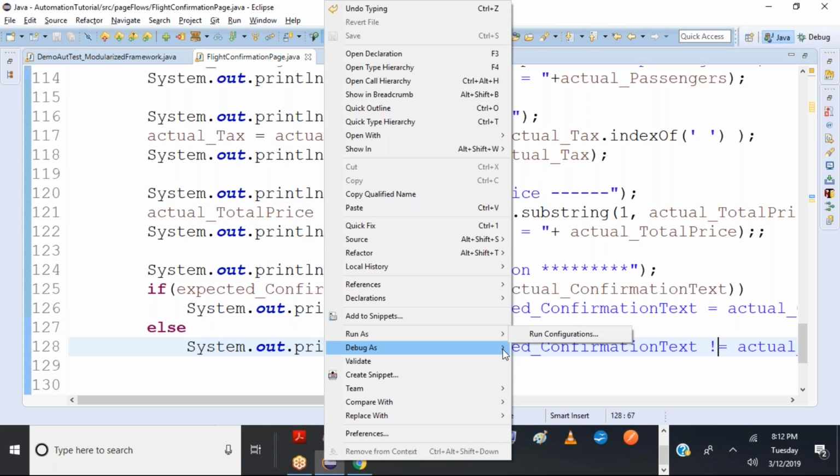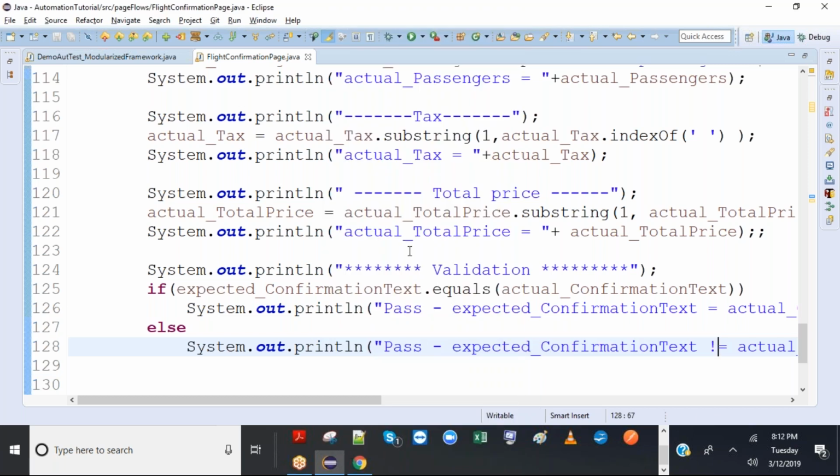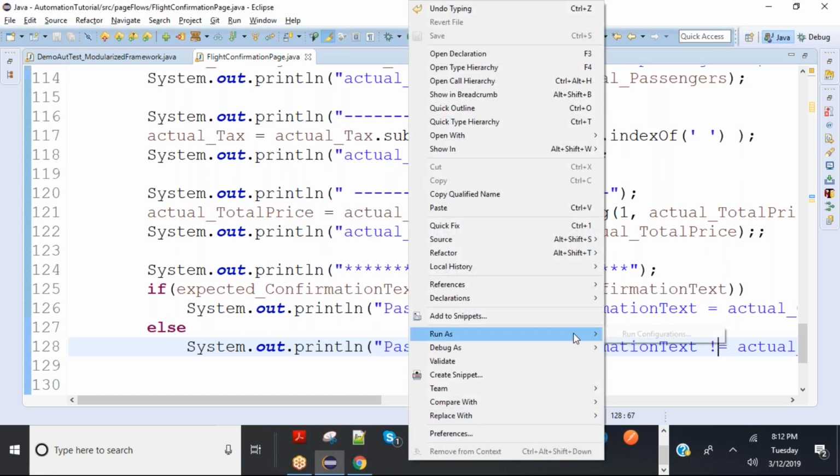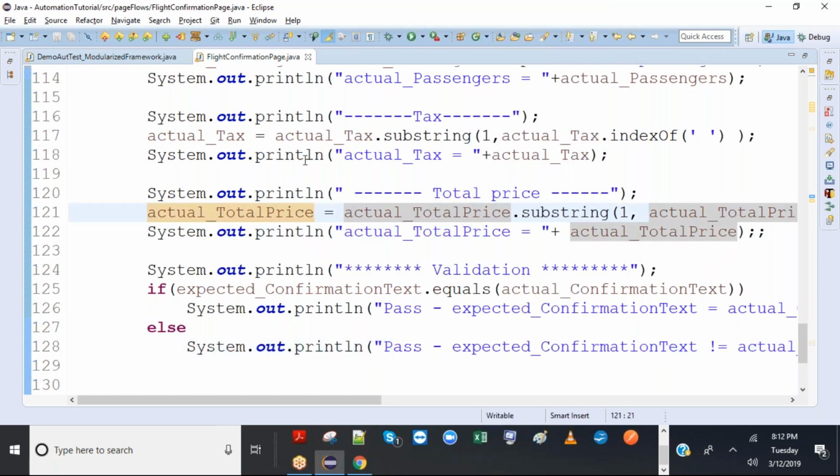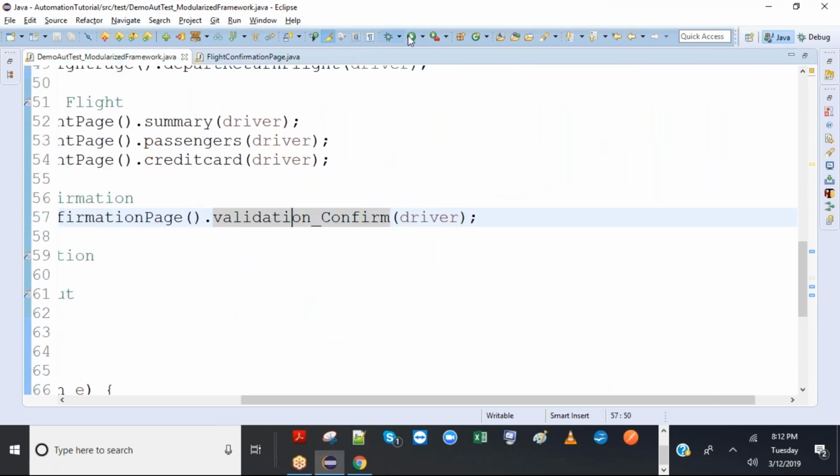I don't want to run every time, just for the first time. When you run a class which does not contain main, it wouldn't even show the run options, so you can run from here.